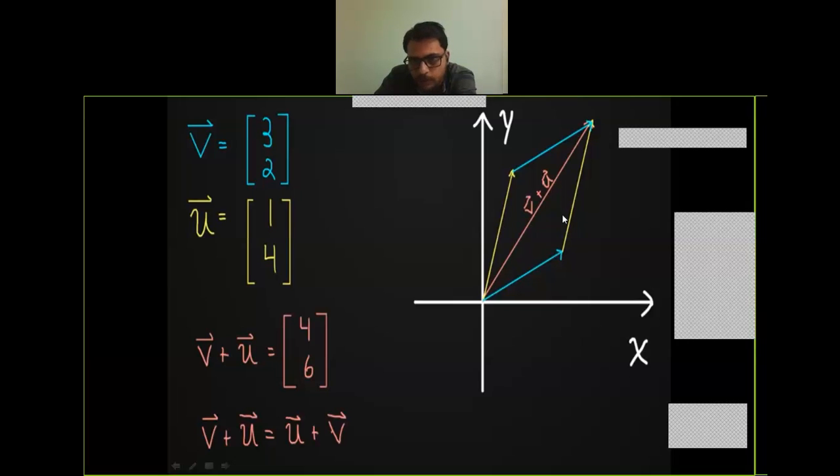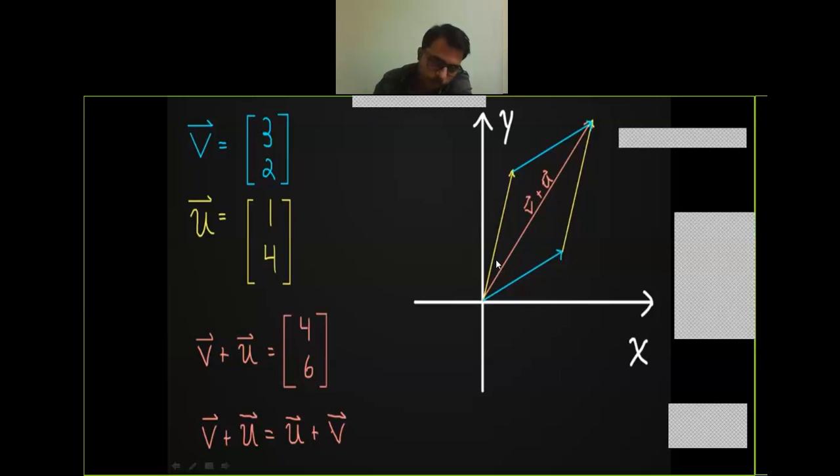So the u vector is projected on this v vector, and we will join the point of the result to the origin. Hence we will get u plus v. So this is the geometrical meaning of vector addition. Vector u and vector v will be added in such a manner geometrically.